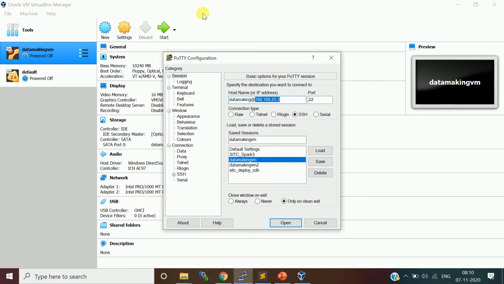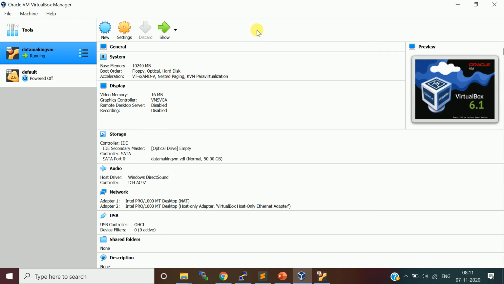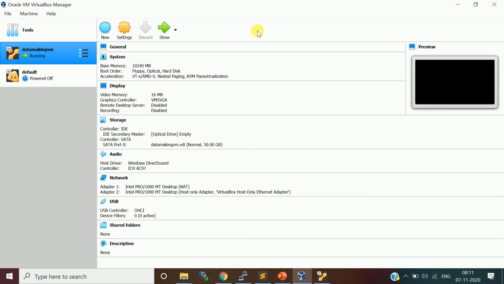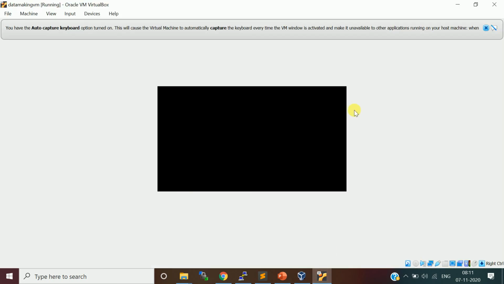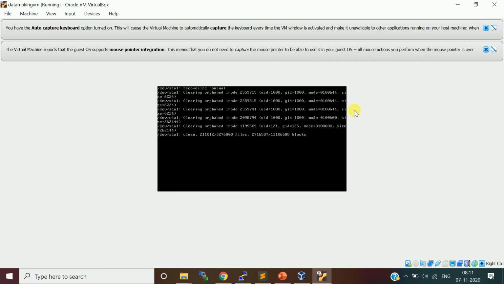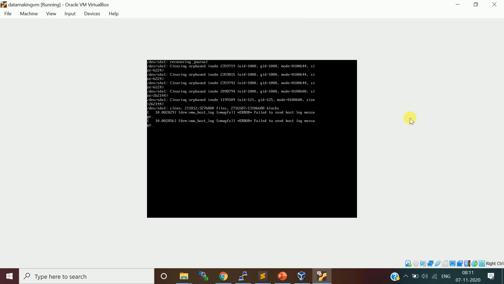I will show you. Let me start my VM. Once I start the VM, I will open the terminal in the Ubuntu desktop and find out the IP address. Once we find the IP address, we can minimize the VM and work on Windows itself through the PuTTY utility. It's going to log in in a couple of seconds. Let's wait for that.